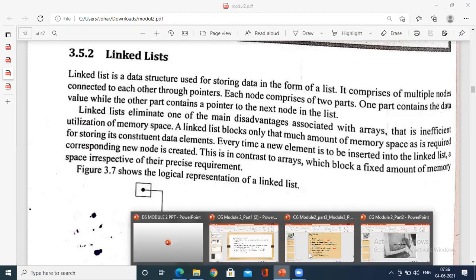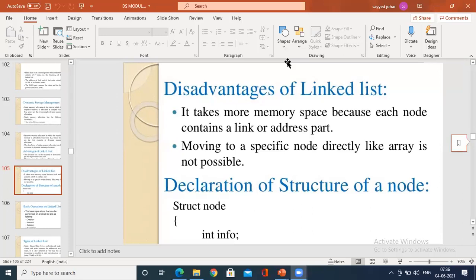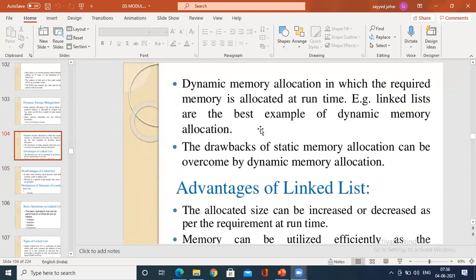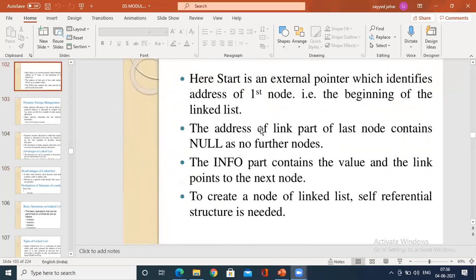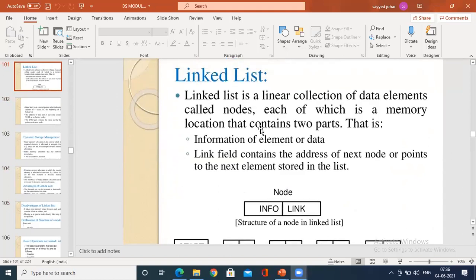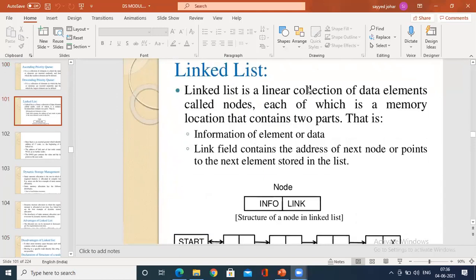If you could see here, we have a diagrammatical representation of how the linked list looks like, and what the advantages of a linked list are. So this is a linked list. A linked list is a linear collection.